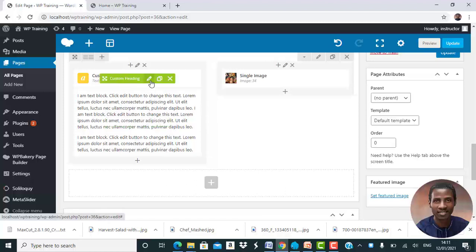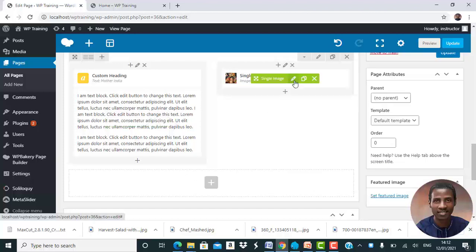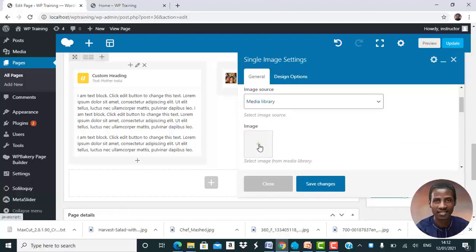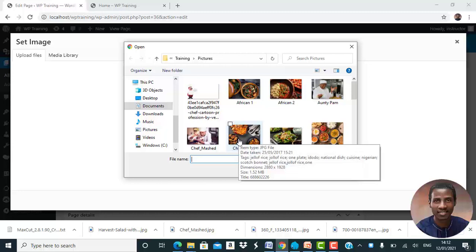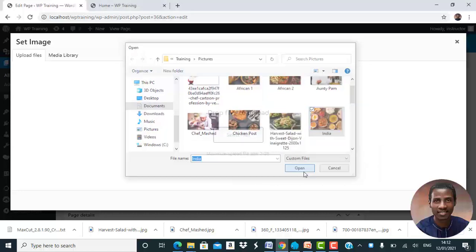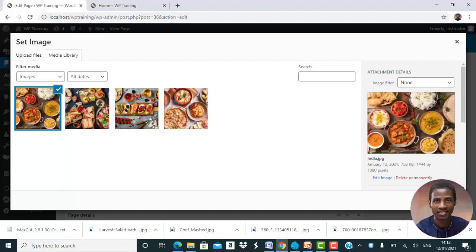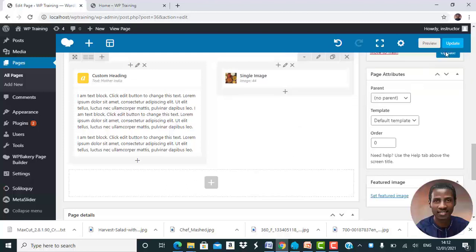So let's change the heading. Let's call this Mother India. Okay. And then the image, let's change the image and put something Indian there. So upload files, select files, and India. Okay. So set image, save changes, update,